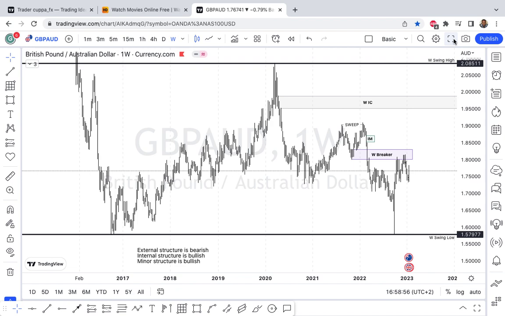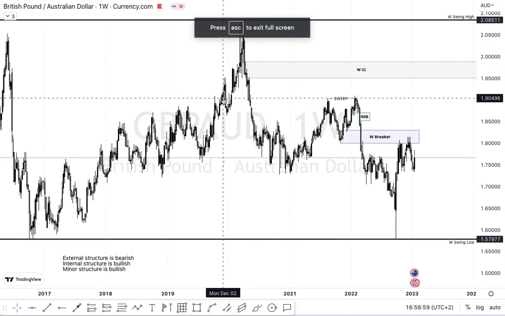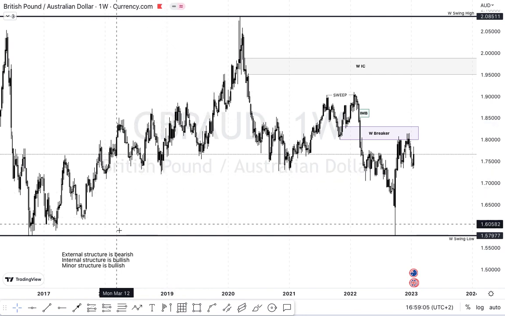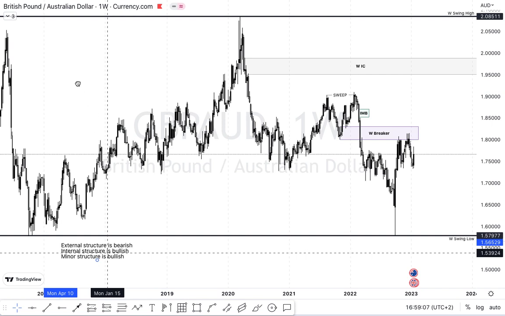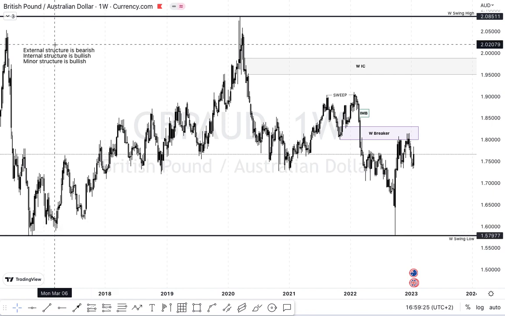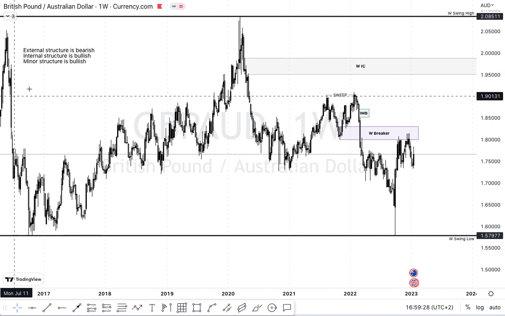This is another YouTube video, and in this specific video, we're analyzing GBP AUD. So far, our external structure is bearish. Our internal structure is bullish. And then our minor structure is bullish too, which is very beautiful because it sort of sets us up with an intraday anticipation while we await price to get to levels where we expect our swing positions to begin to